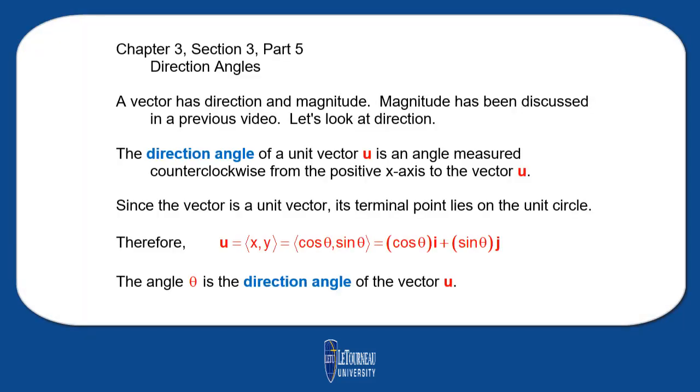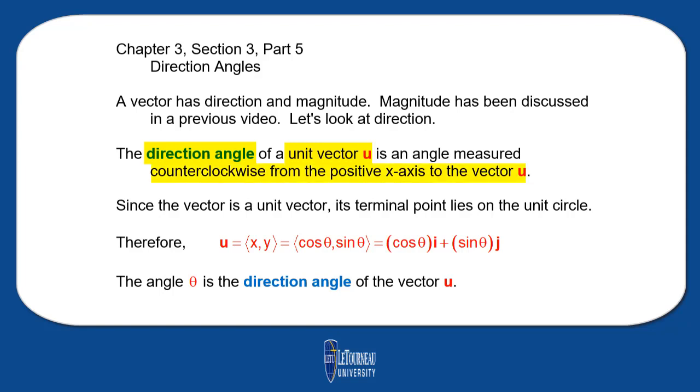Right, we need to find what are called direction angles. A vector has direction and magnitude. We've discussed the magnitude quite thoroughly. Let's look at the direction angle. The direction angle of a unit vector u is an angle measured counterclockwise from the positive x-axis to the vector